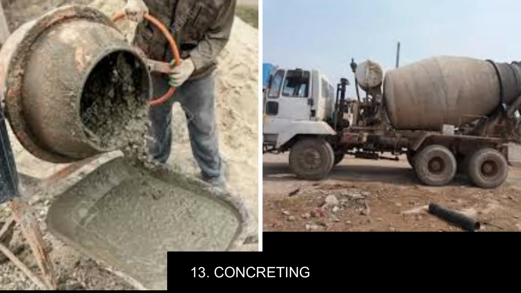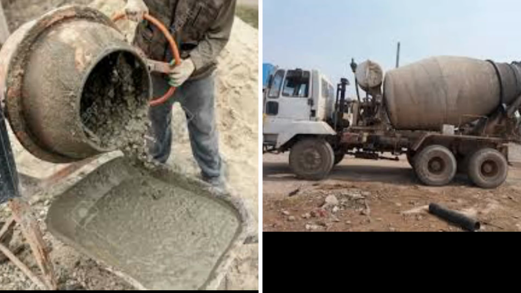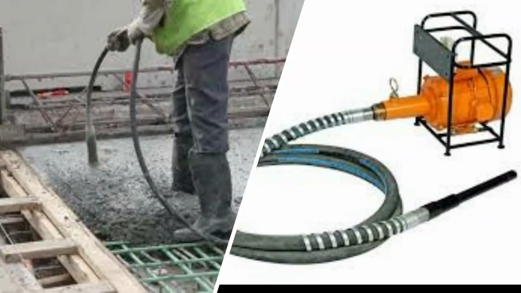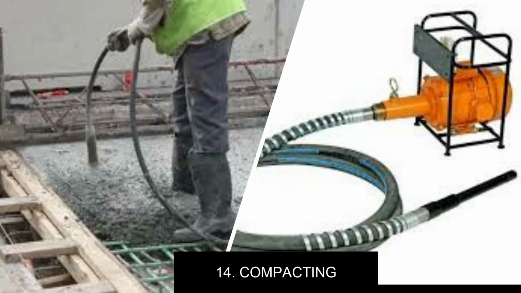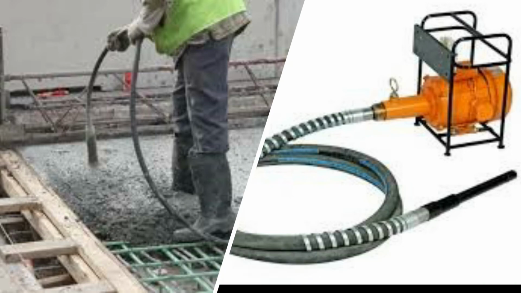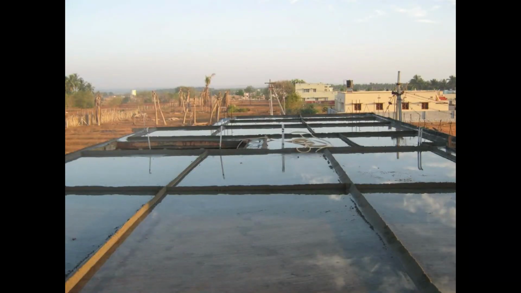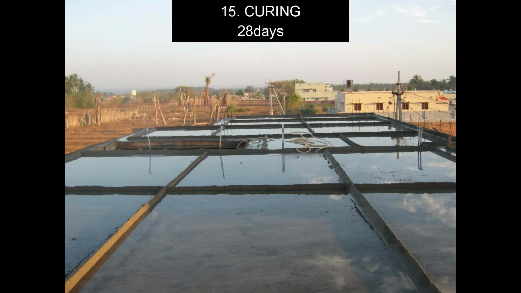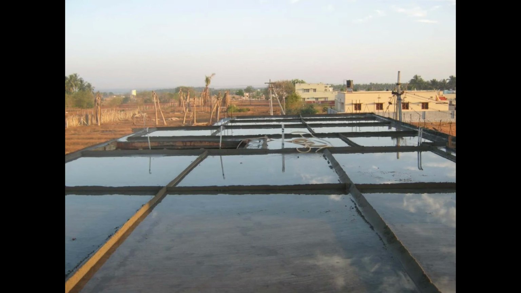Concreting is done using RMC, which is plant mix, and the normal method, which is site mix. Compacting is done to remove the air voids using needle vibrators or other external vibrators. Next step is curing. It will be started after the hardening of the concrete for the hydration of the cement process. To get the desired strength and safe strength, curing should compulsorily be done for 28 days.